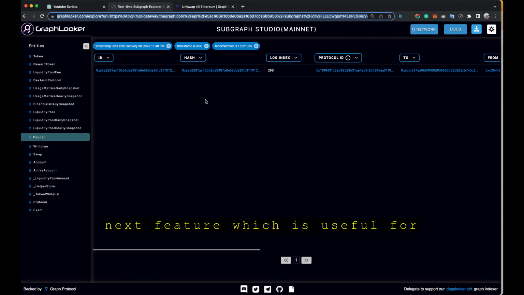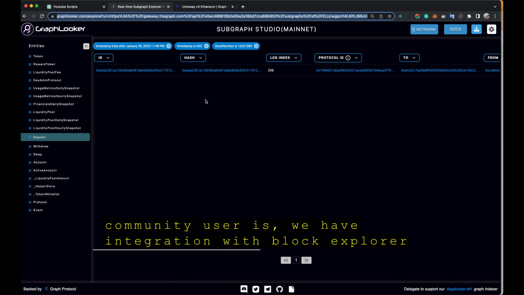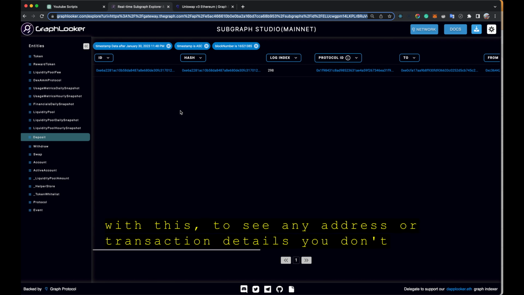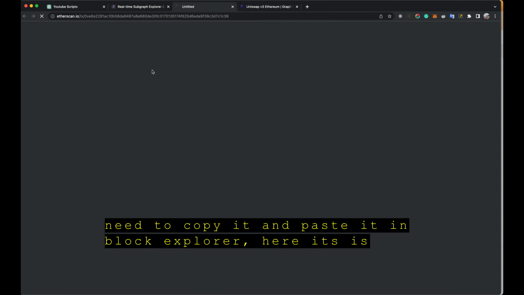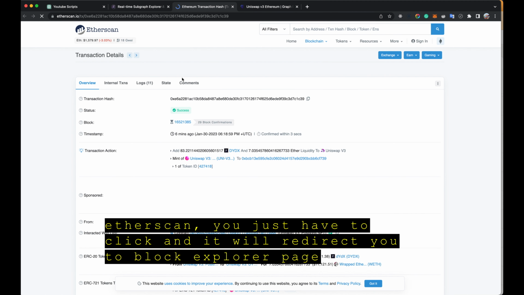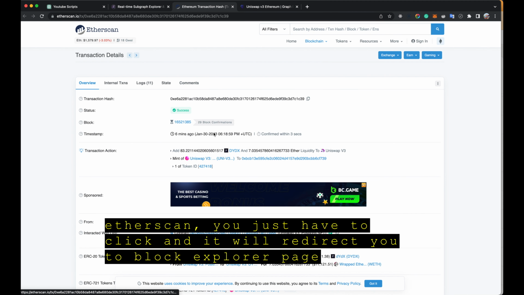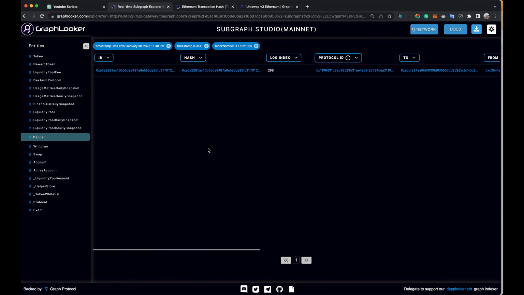The next feature, which is very useful for the community users, is that we have integration with block explorers. For example, this is a deployment on mainnet, so we have integration with Ethereum. When you click on this address, it will redirect to Etherscan, which will show you complete details about that address. And similarly, we have support for multiple block explorers like Polygonscan, then Celoscan, Moonscan, which is for Moonbeam